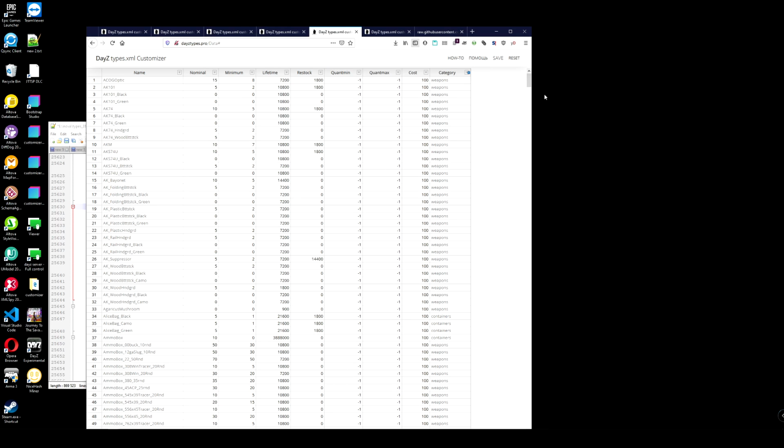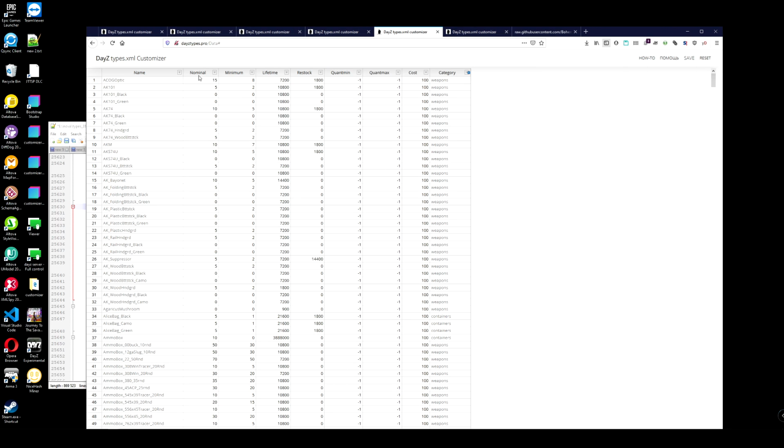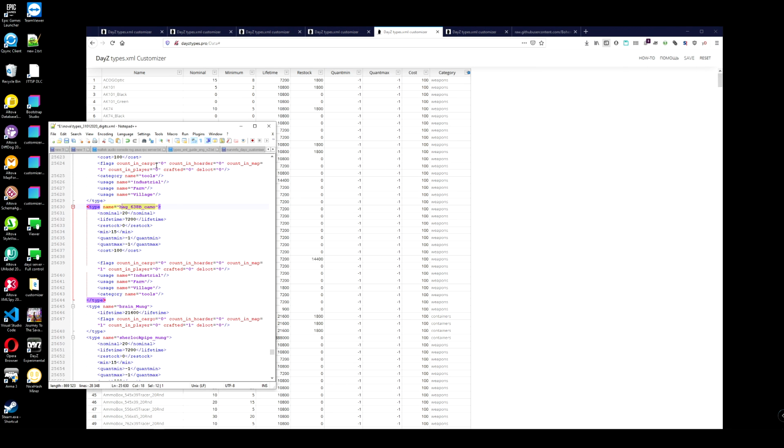Okay, now what do we have here? Again, the same things as we had in our types. Nominal, name, this is like type name, class name, name here, nominal, minimum. I changed the order of the columns just for convenience, because normally you would only change nominal and minimum most of the time. So it's convenient when you have them close, okay?